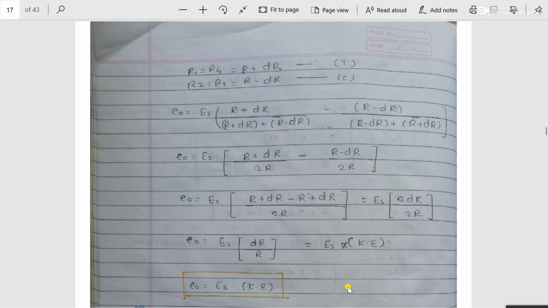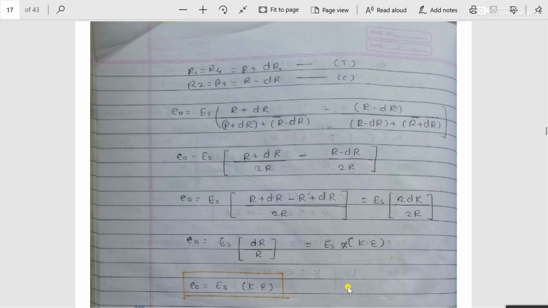Similarly, in the 4 arm sensitive bridge circuit, whatever 4 strain gauges I have pasted at the top and at the bottom of the cantilever beam, all 4 strain gauges are pasted in the direction of force, and whatever resistance changes in the direction of force is called a linear change in resistance, or all the strains induced in all those configurations are called linear strain gauges. Therefore, in these 4 configurations, the assumption we have considered is that all the strain gauges in the single arm, 2 arm and 4 arm sensitive bridge circuits are linear strain gauges.